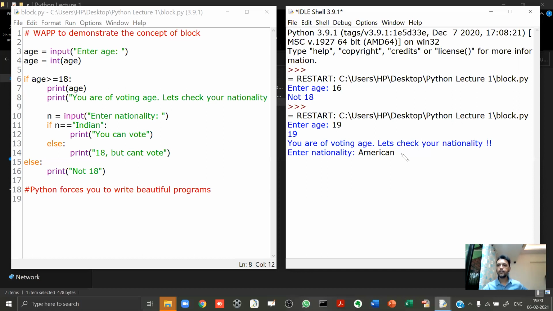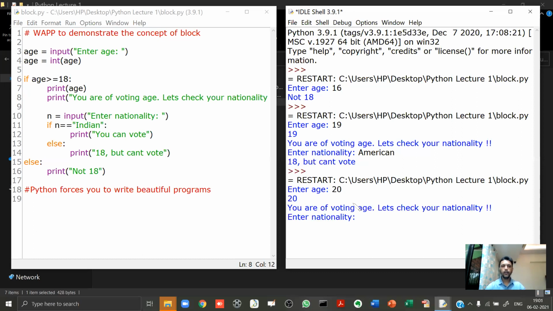So let's see this. All right, now let's execute this program one more time. And this time let me give 20. Let me give Indian over here. And it says now you can vote. Now, I'm very sure that you all have understood the working of this program, but now let's turn our attention